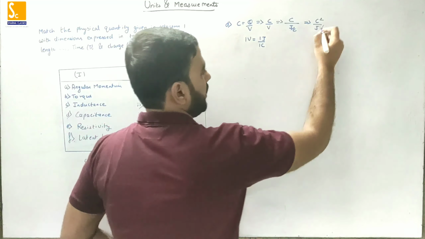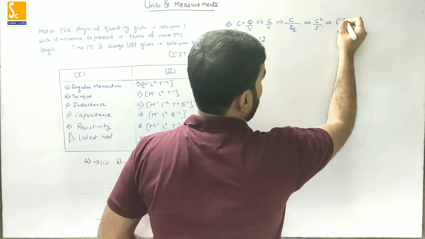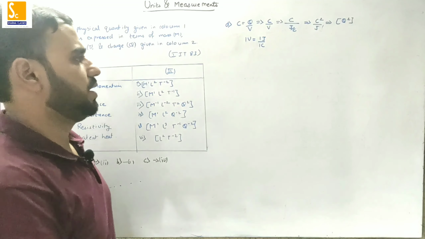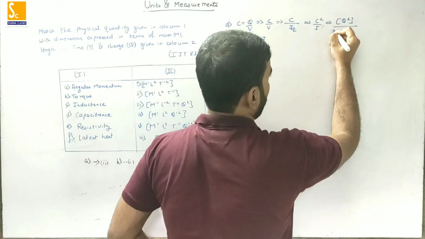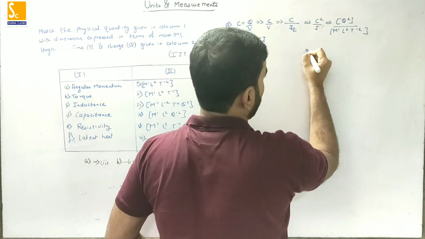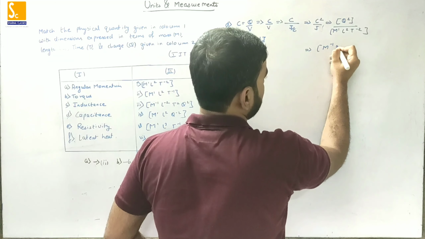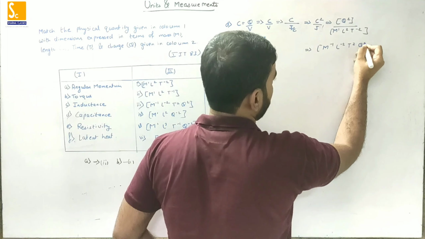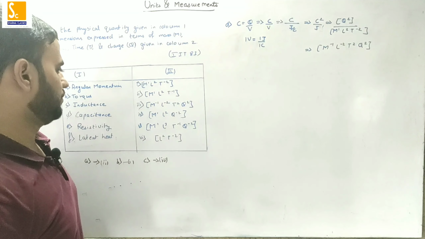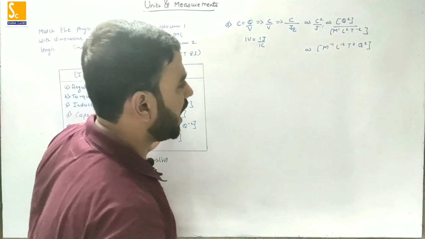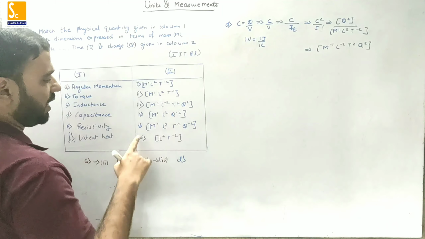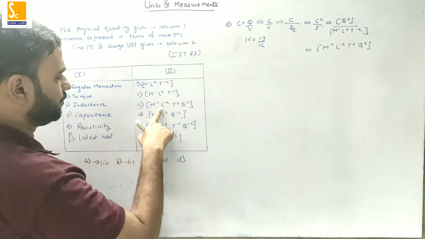What is the dimensional formula now? Let's talk about the dimensional formula. Coulomb square means Q to the power 2, coulomb being a unit of charge. Next is joule. We know the dimensional formula for the joule: M raised to 1, L raised to 2 and T raised to minus 2. So when you solve it, the final answer becomes M raised to minus 1, L raised to minus 2, T raised to 2 and Q to the power 2. So for the D part, we got the answer as the third one.